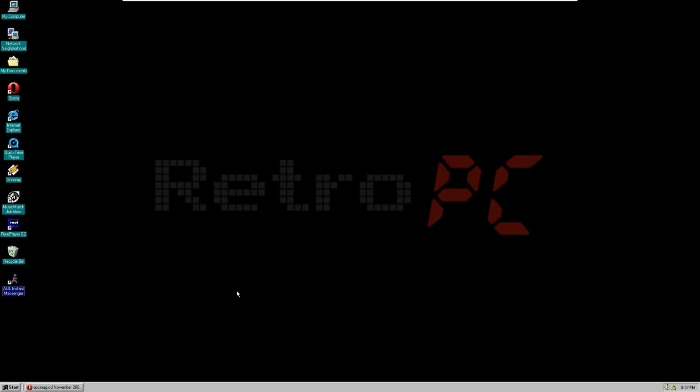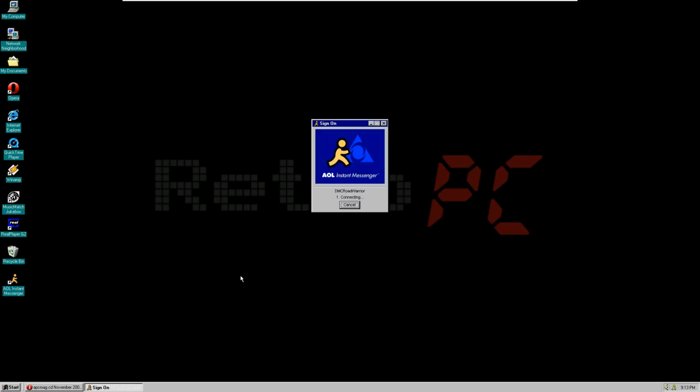And a third party has actually hosted servers that work with AOL. Now mine obviously is not playing ball. There we go. Let's see if this plays ball. I was able to get in last week. I believe it was last week, but it wasn't working great. As you can see here, it's definitely not connecting. It's usually pretty quick, so I don't know what's going on.